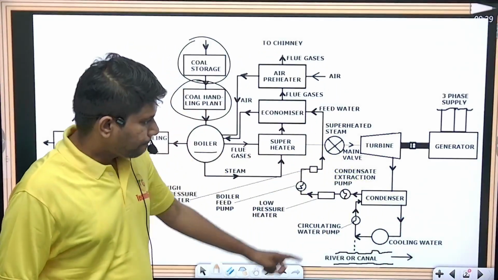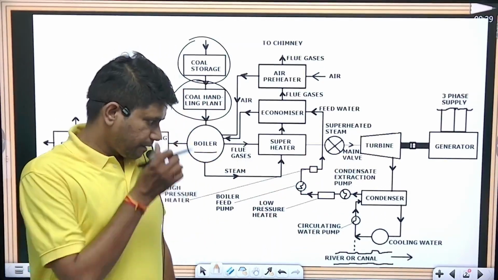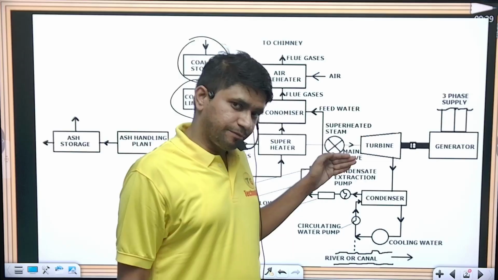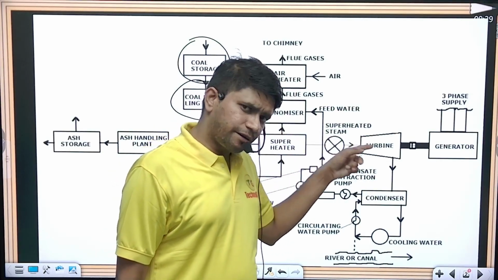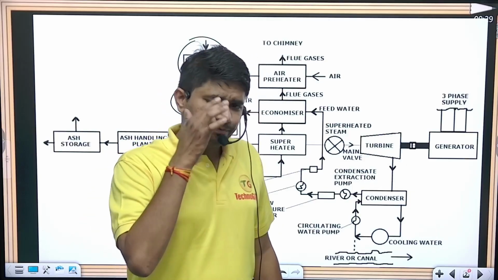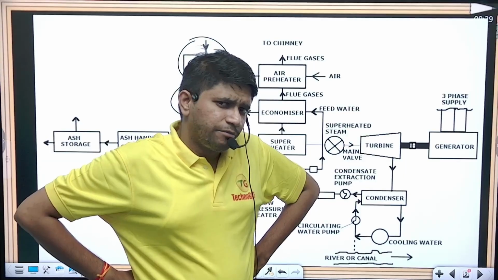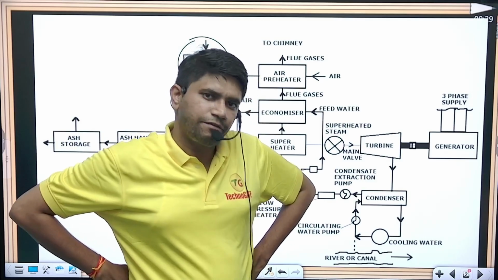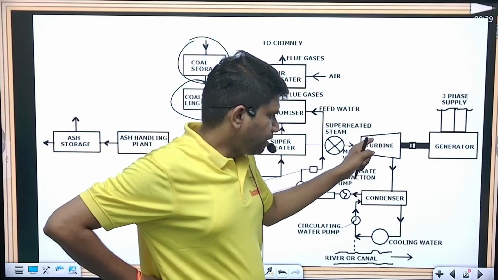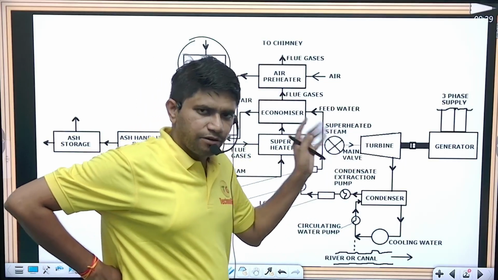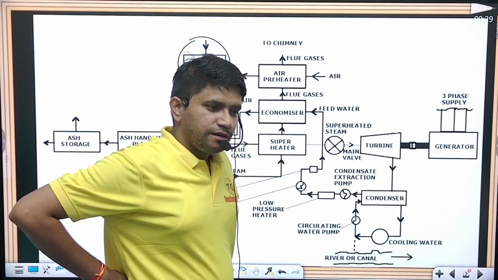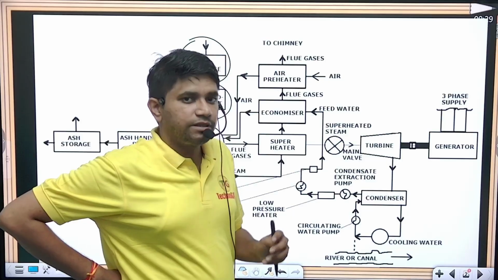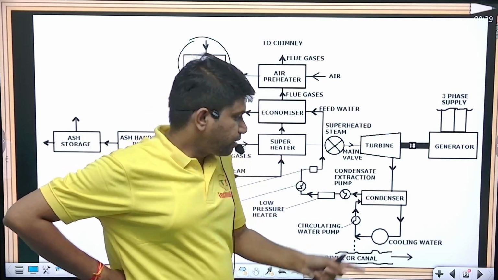Yeah, here it is, the condenser. Now please try to understand this. A very high pressure dry steam is going to a turbine. Why is it dry? Why is it superheated? Because if it is wet steam, then it will create moisture in the turbine also, definitely. So dry steam was put in the turbine, and the turbine got rotated. The turbine uses the steam and it will move. The resultant hot steam then will go to the condenser,